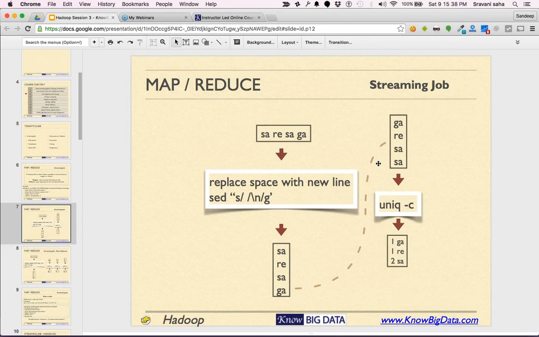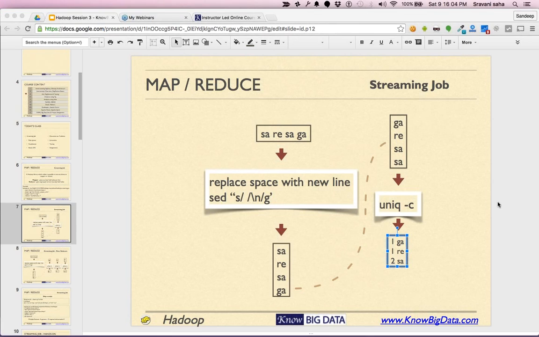It's going to sort it, order it sequentially. You can see that Ga has come before Re and Sa. After that, it will execute your reducer on this data. As I showed you earlier, when you execute uniq -c on sorted data, only then it gives you proper output, and this is what we get. Make sense to everybody?